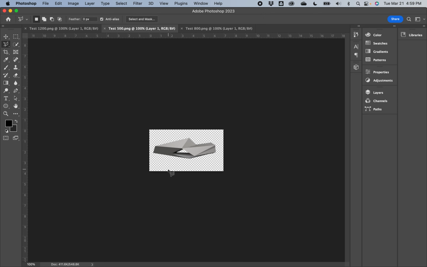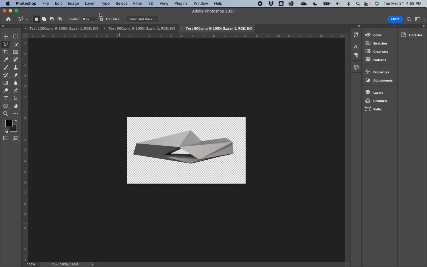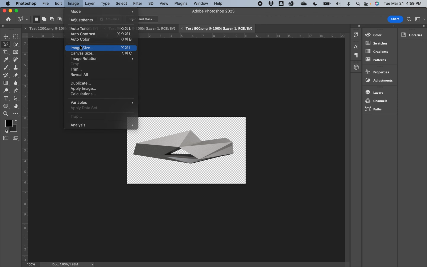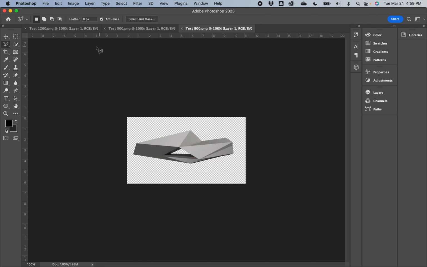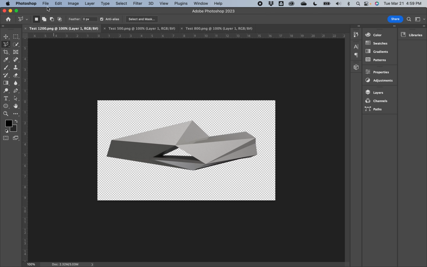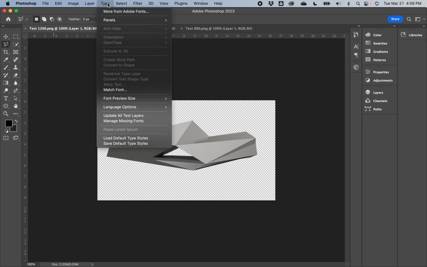All right, so if I go to the 800 image size, again, I'm in pixels. It's 800 by 450 at 72. It's always going to give me a resolution of 72. But it's a slightly larger file. So it's an 11 by 6.25 at a resolution of 72, I'm sorry. And then if I go to the 1200 one, the one that I rendered last, and I go